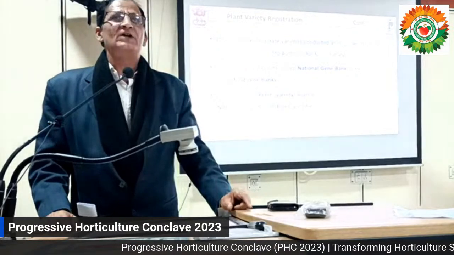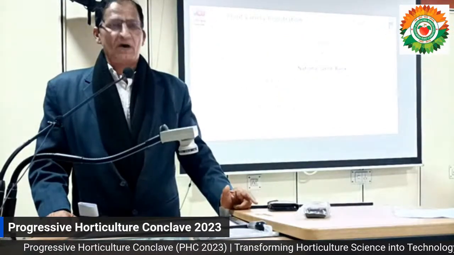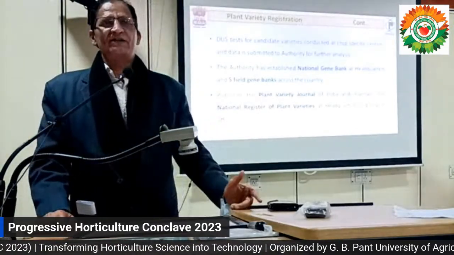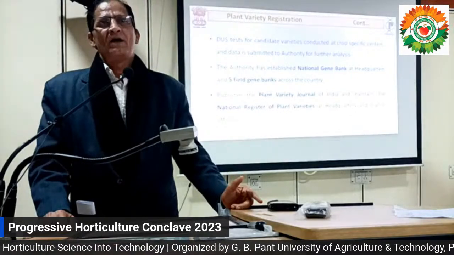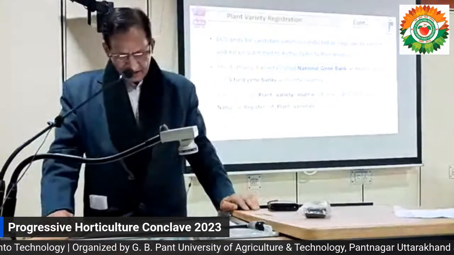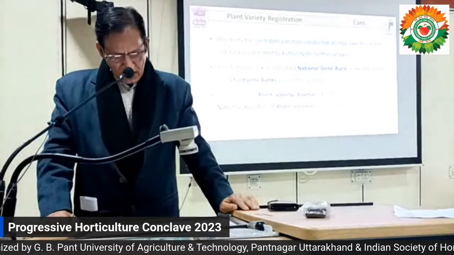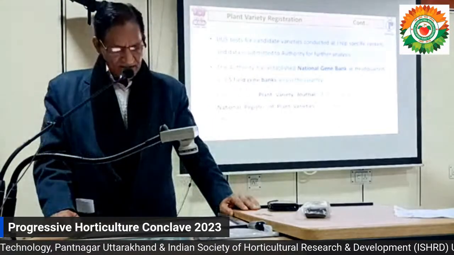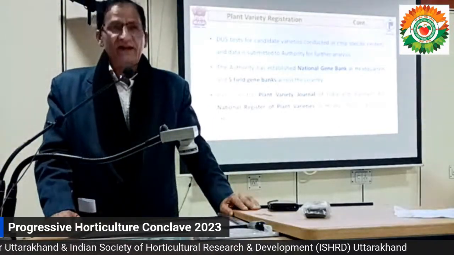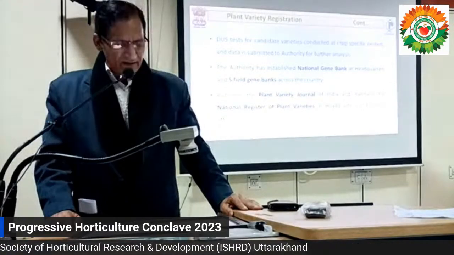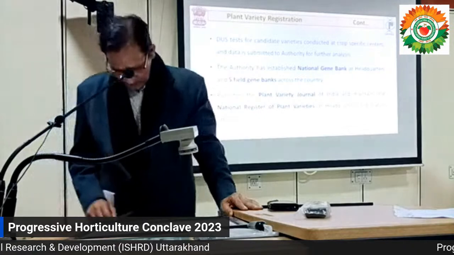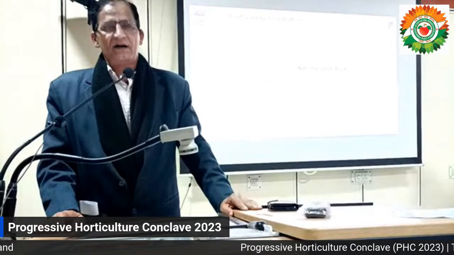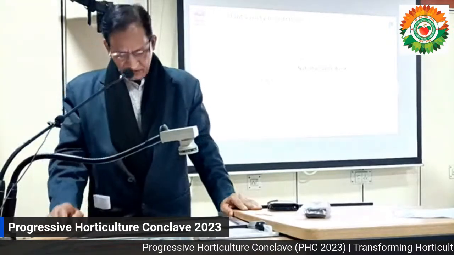In the Field Gene Bank, the true plants are planted for the protection period. It is also a sample of the protected variety. The authority publishes the Plant Variety Journal of India monthly on the first working day of the month, and maintains the National Register of Plant Varieties at headquarters and branch offices. The details of the registered varieties are entered in the National Register of Plant Varieties.